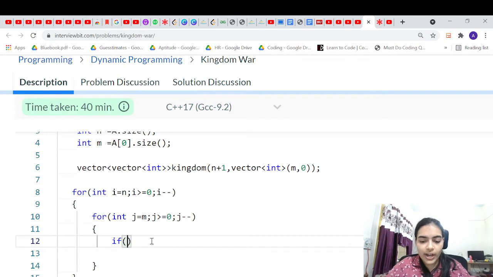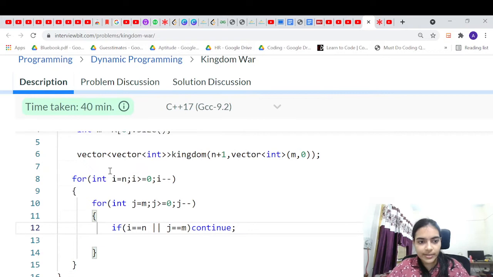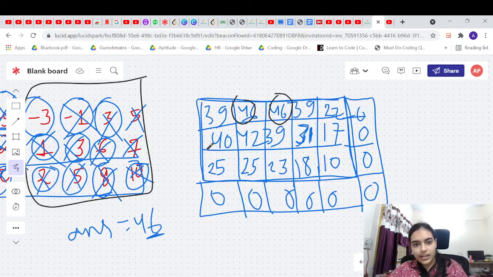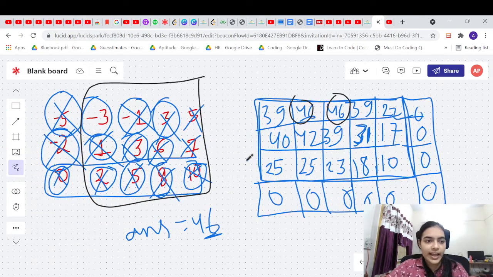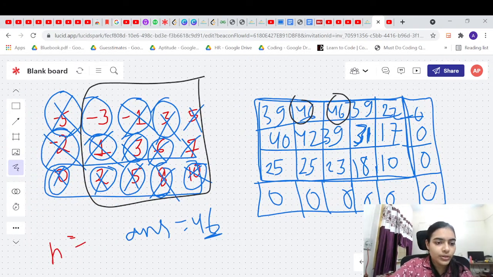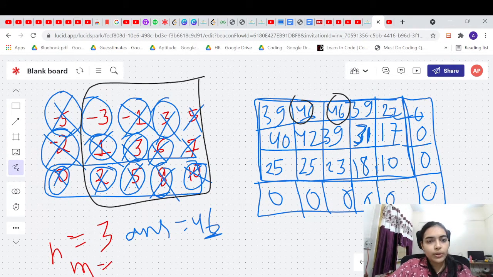So in this case, if you are at the last row or last column, your answer is always going to be 0, right? So you can simply continue. See what is the n that you have. In this case n is equal to 3, and m is equal to 1 2 3 4 5.